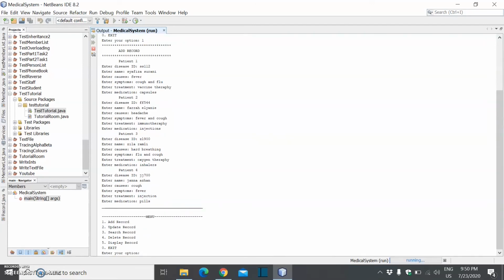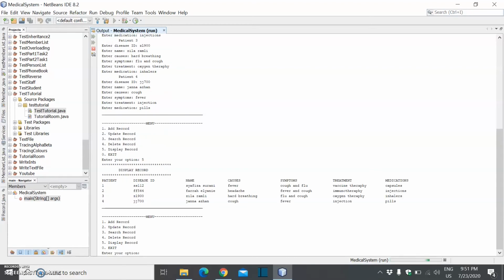To see all the data that have been added, we will choose 5 to display the record. So we will see this is all the data that have been added to the system.